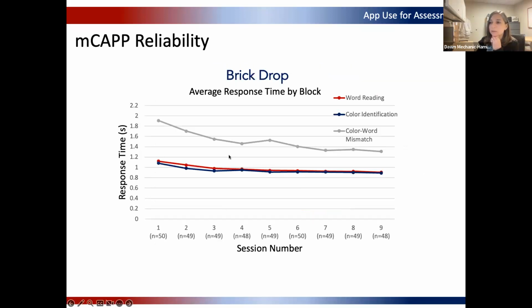This is the brick drop or the Stroop type task. So this first one here, this is the inhibition measure. And so again, this is over those 9 sessions. We do see some practice effects over the first 3 to 4 sessions, and then some leveling off there. So that'll be helpful for us to know,